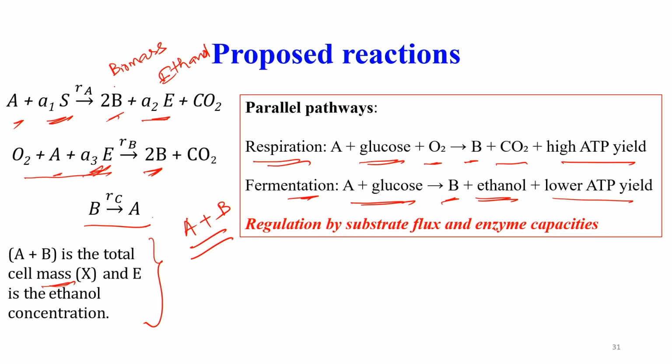So, you just see the first reaction is a fermentation, and the second one is a respiration. And of course, these two reactions are regulated by the substrate flux as well as the enzyme